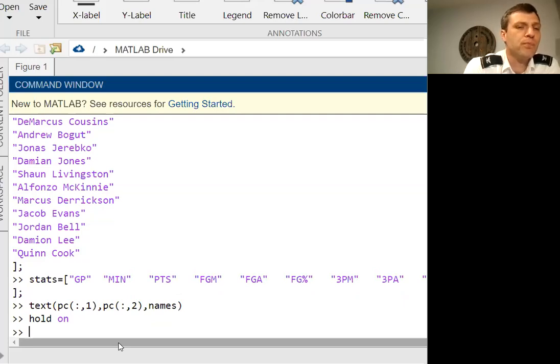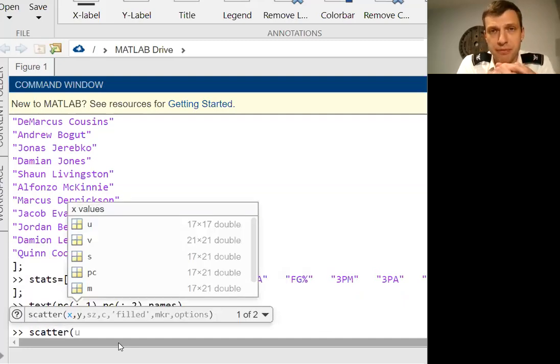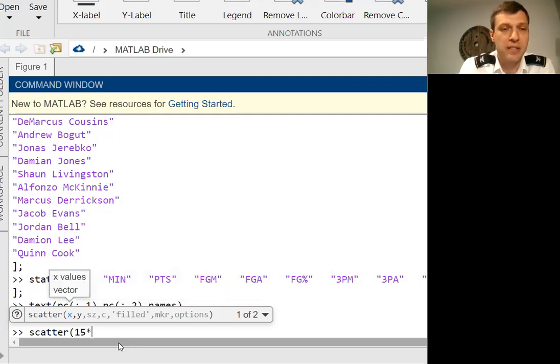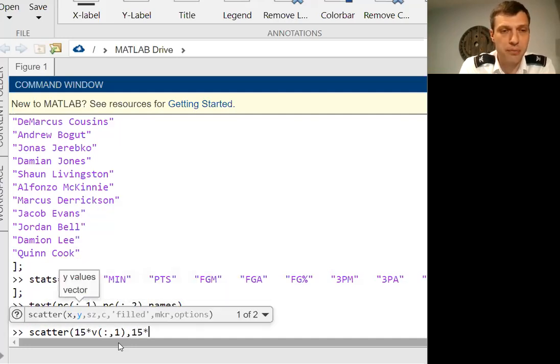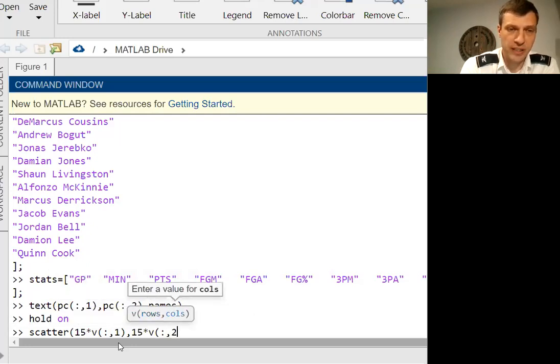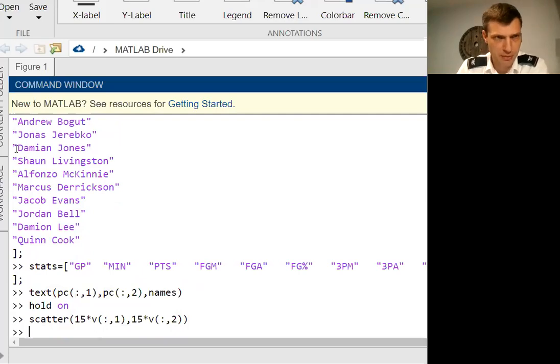And then, all right. So another scatter plot. And now I want to do the columns of V. If you remember from the lesson, the columns of V are unit vectors. They're all small things. I need to magnify these columns so I can see them better. Otherwise, it'll all be really jumbled together. So I've practiced with this, and I found out in our case, multiplying by 15 works pretty good. So 15 times V, all rows, first column, comma, 15 times V, all rows, second column. And I think that should do it. I'm going to go back to my figure,